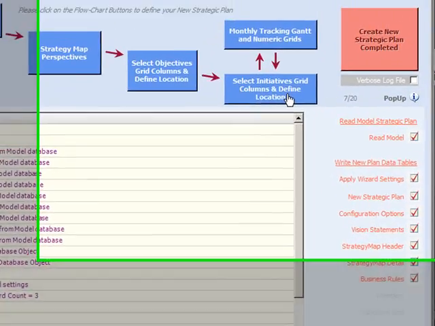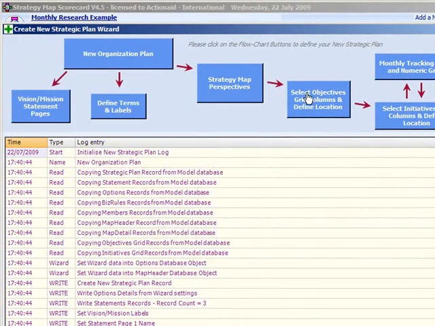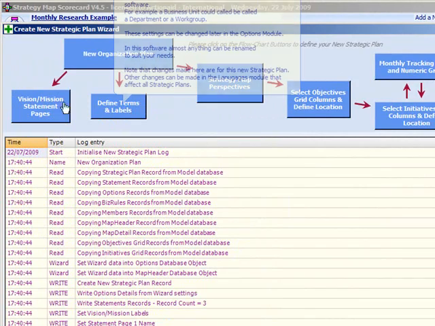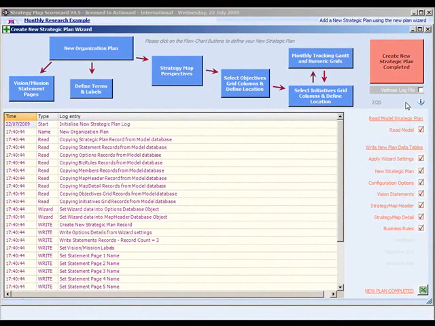In summary, the new Strategic Plan wizard provides an easy, fast and centralized place to create your new strategic plan. Remember that you do not need to get it right first time, as you can easily make changes at a later date. If your language is English, you may simply wish to accept the defaults and make all required changes later